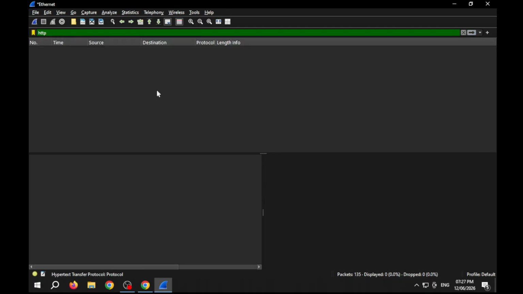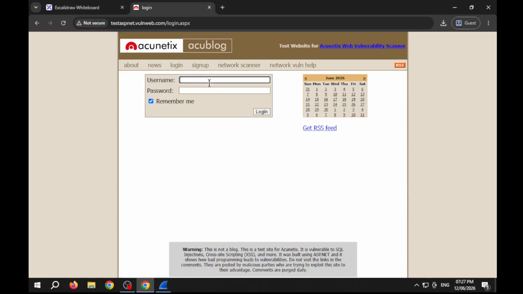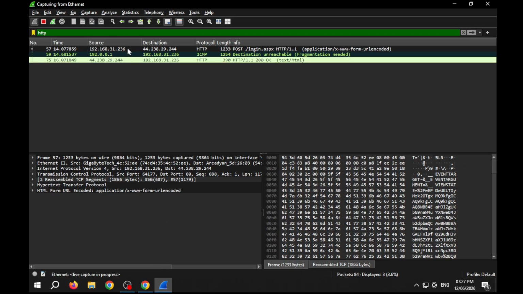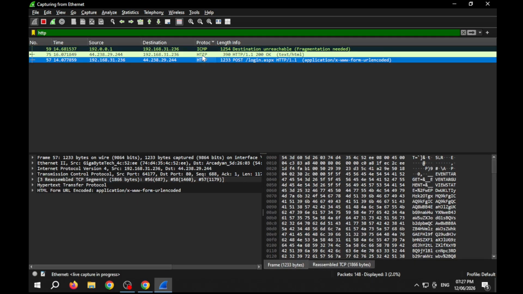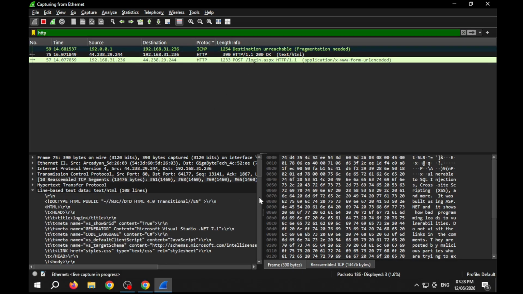We will select the HTTP protocol, and now we will start the capture without saving it. As you can see, it is not capturing anything yet, but we will enter the username random and the password dog. I will uncheck remember me, and then click on login. As you can see, there are 3 packets captured. The first is normal HTTP, but it is sending a POST request, so it is the most important. The other two are an ICMP packet and an HTTP packet. That HTTP packet, the 200 OK, is only connecting to the site, not doing much more than that.